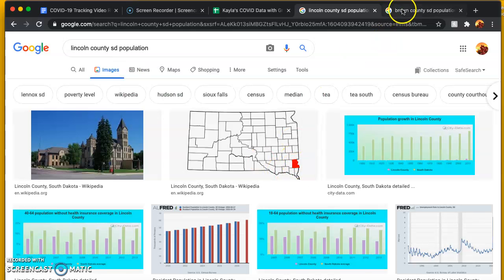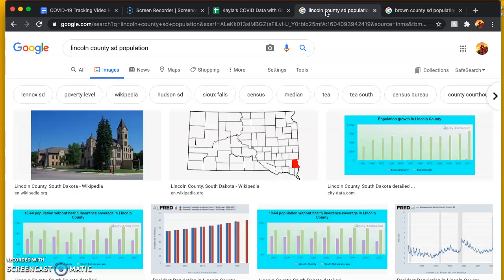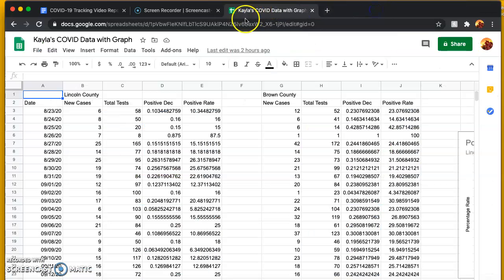See, and Brown County is, I think I could say that it's twice Lincoln's size. But it also has a population of 38,000, while Lincoln has 61,000. So